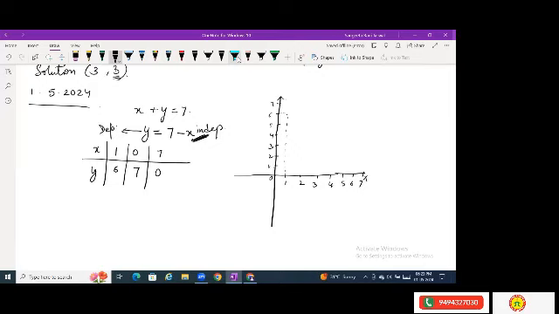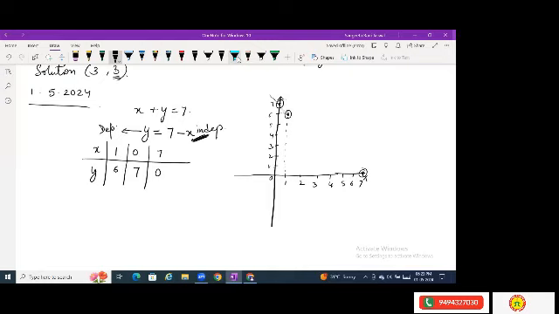I'm roughly joining it with the axis. So this is the first point. My second point is when x is 0, that means here. And my y that time is 7. So my y is 0 on the line exactly. Now when x is 7, y is 0. Okay, y is 0 means exactly on the x-axis. So 7 is here. Now I have these 3 points.